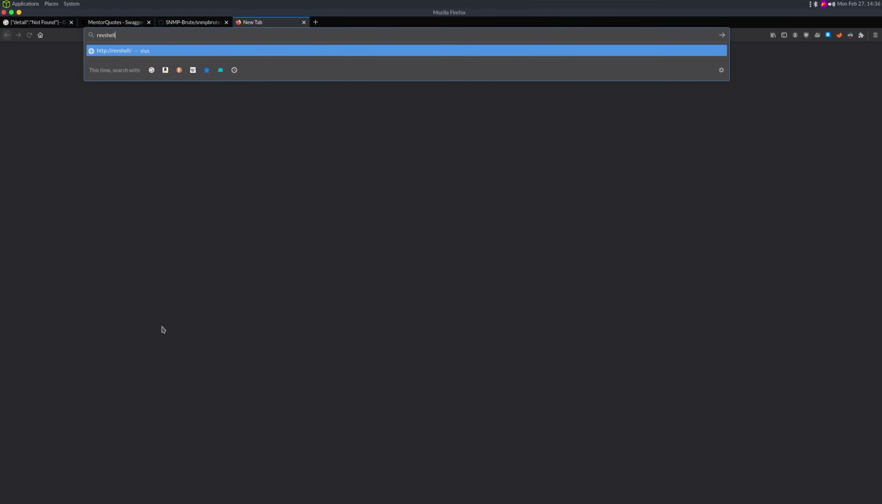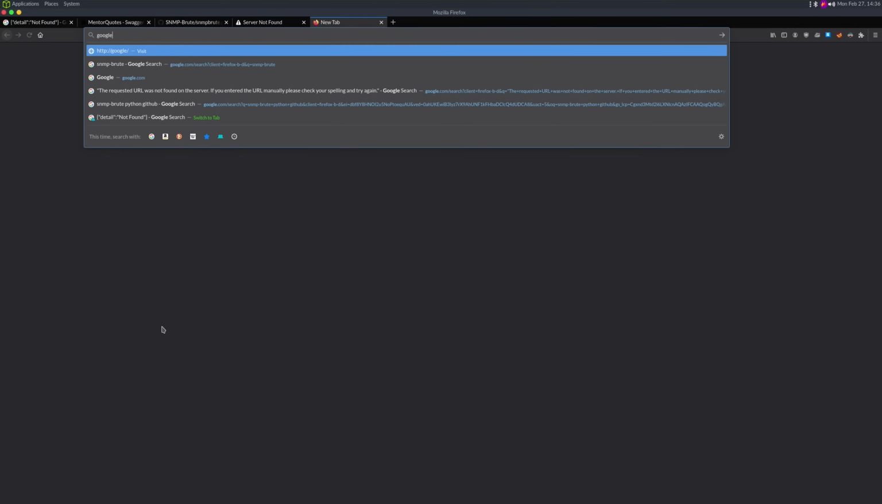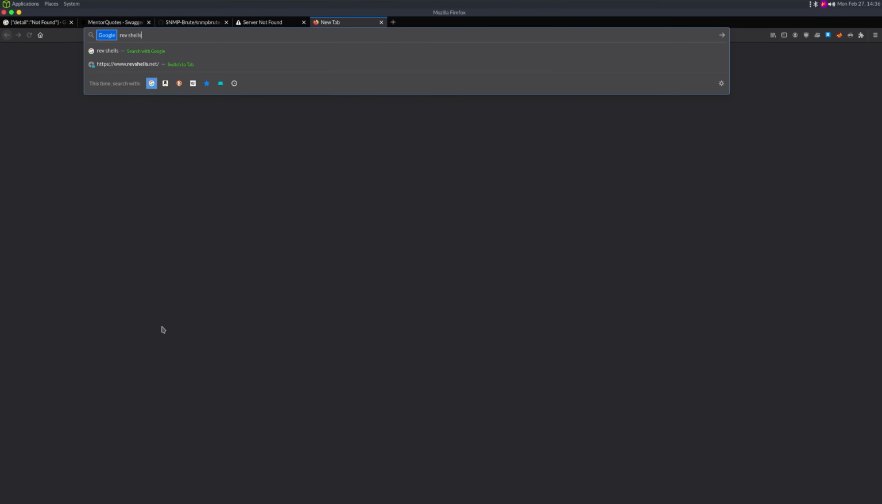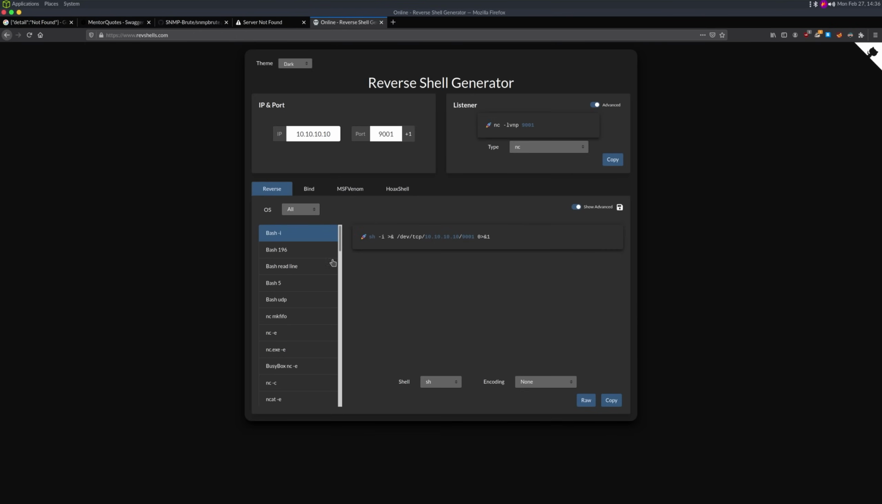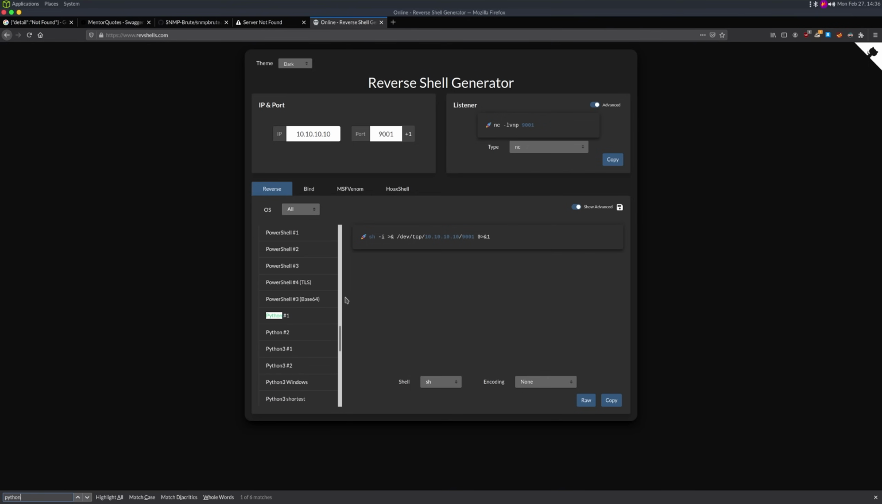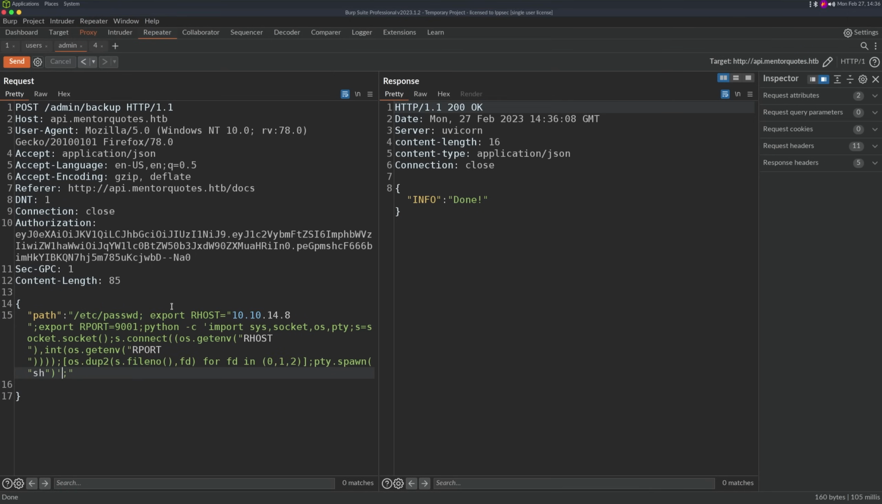So I'm just going to do revshells.net, I think it is. Or let's see, Google revshells. Let's see if this comes up real quick. Revshells.com. And I'm going to search for Python. Let's just do Python 1, put our IP, and then copy and paste this. So paste this, and we can say Python. Oh, it's already doing Python here. So when we send this,